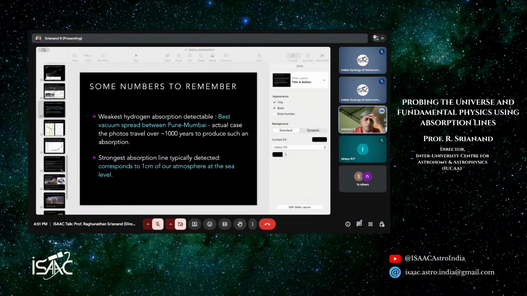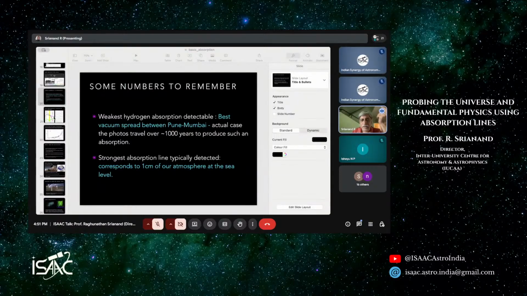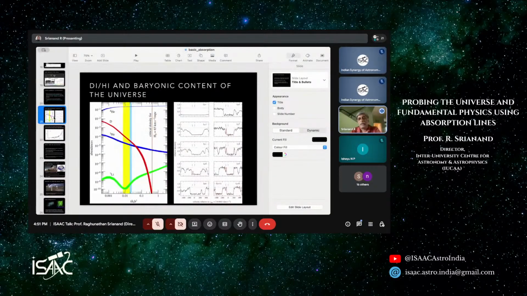So now, without going into detail, I will go very fast over what we have achieved. There are nice things we can do. For example, I told you hydrogen absorption can be detected in the spectrum of distant quasars. But we know hydrogen has an isotope called deuterium. Deuterium absorption has an isotopic shift from hydrogen of about 83 kilometers per second. If you put that in terms of wavelengths, this absorption is by hydrogen, and this small absorption you are seeing is produced by the deuterium in the same gas.